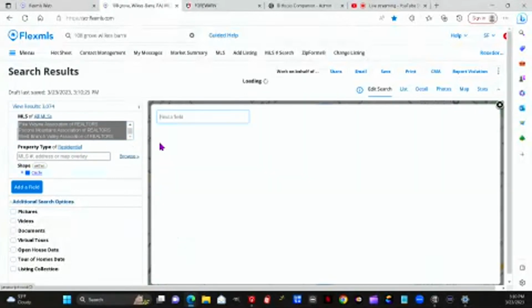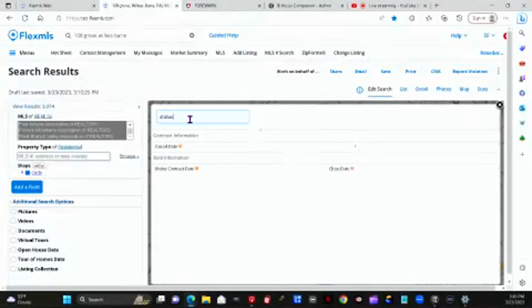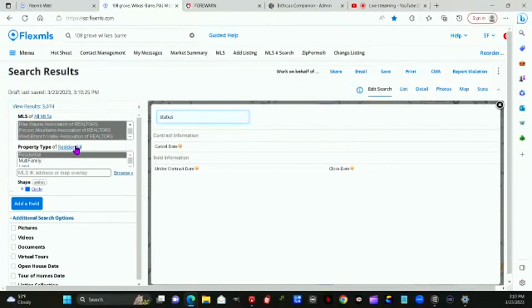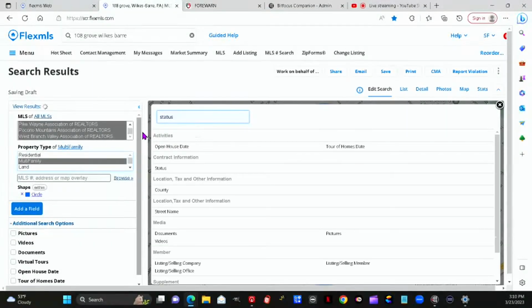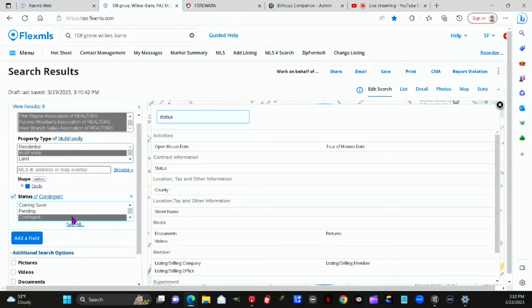Go into add a field. Try to make it multifamily, which it should still be. Status. Closed. I'm going to send an email to the board to let them know residential doesn't give me status. But if we're good there,